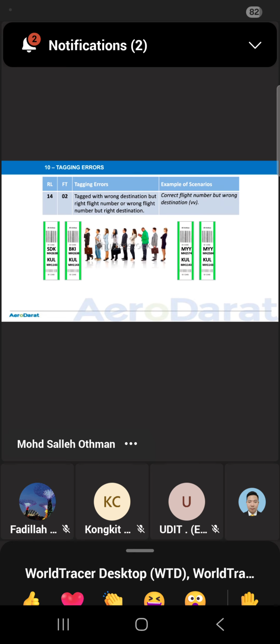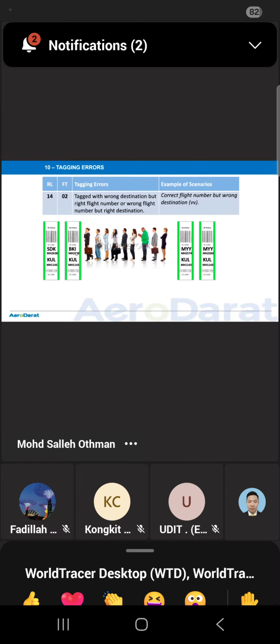For example, MH2638 is supposed to be Kota Kinabalu, but the staff wrongly updated Sandakan. The flight number is valid, it exists, but the destination is wrong.